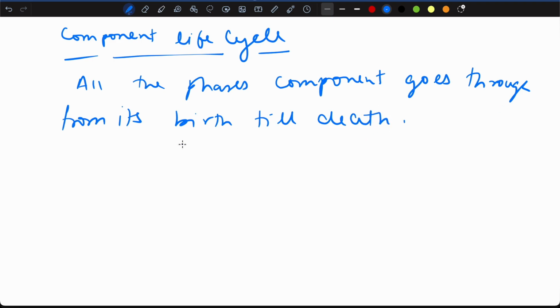Here the words birth and death are used because you see in the heading it is connected with life. So it is the life cycle. Life cycle is involved with birth and death, and here birth refers to the creation of the component and death refers to when it is destroyed. Now there are different phases through which the component goes throughout its life cycle, and these phases are